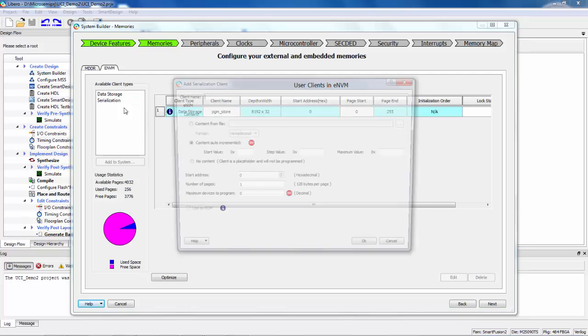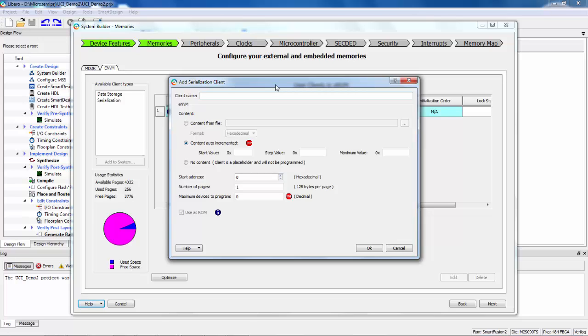The other type of client that I can create is called a serialization client. And the idea with this client is I could define a block of the memory where I want to put some kind of a serial number in for the device. And at programming time, I'll actually program a different value into this field for every single device. So I would give my client a name again, and I give it a start value, a step value, and a maximum value. And then when I'm programming, this field would have a unique value for every single device that gets programmed. And some people might want to have a serial number for some reason on their devices in their application, and they could do